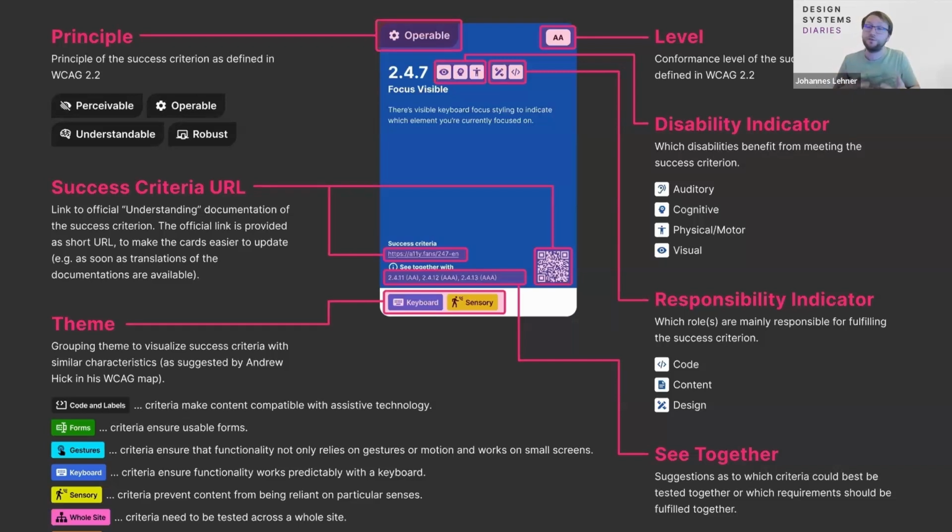And in addition to that, I also connected it to the actual Web Content Accessibility Guidelines. In the first version, or the 0.1 version, there was the full Understanding link there, which is not really accessible. If you have a printed version, you have to read everything out. So I created these short links. You can also change the translation in the background without needing to reprint the cards. I also added a QR code, but if you don't want to scan a QR code, you can still read the short link there.